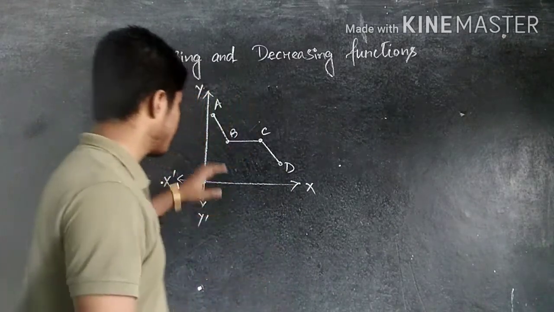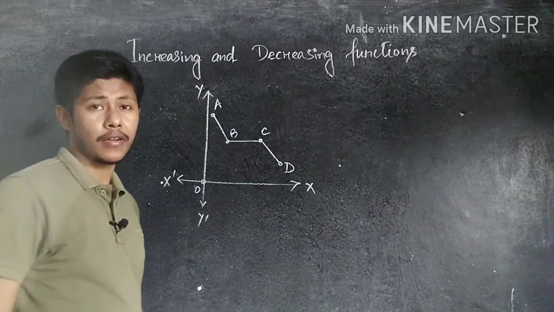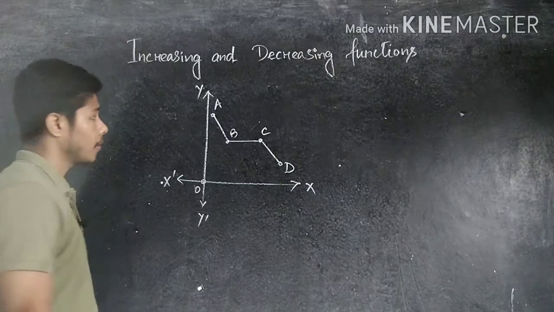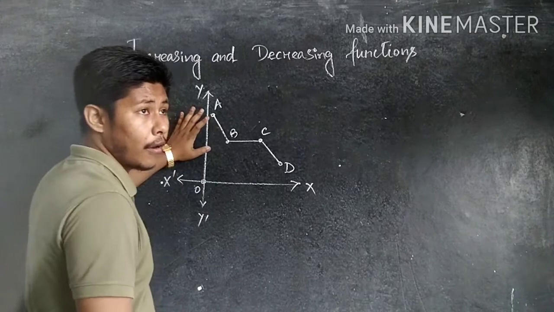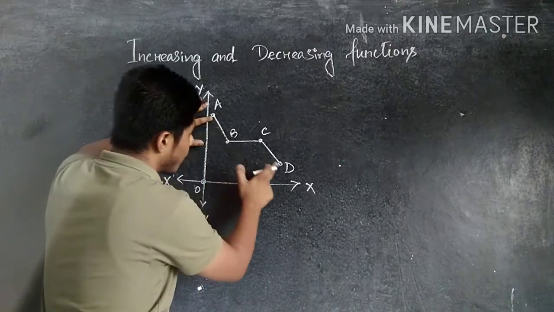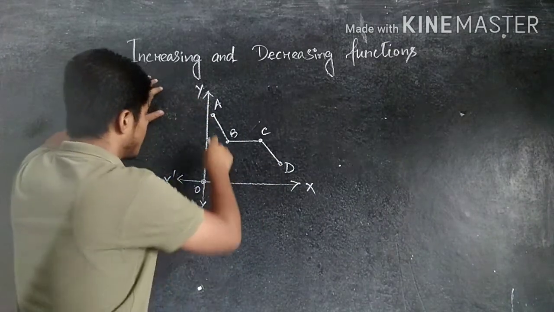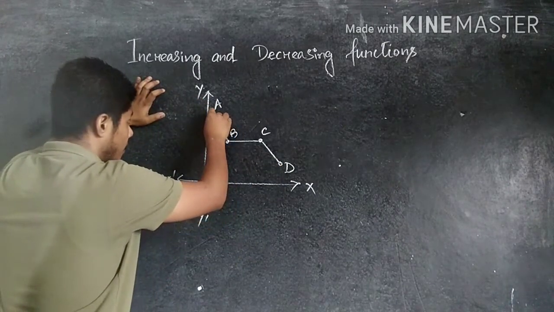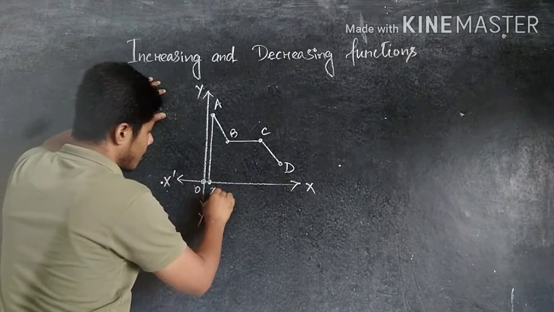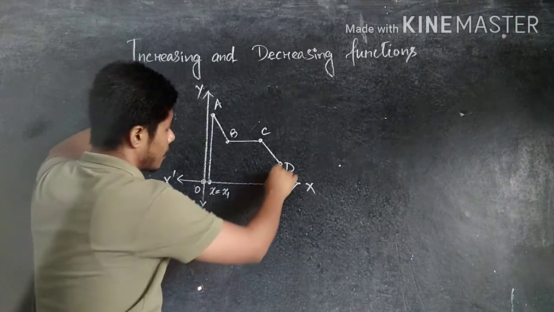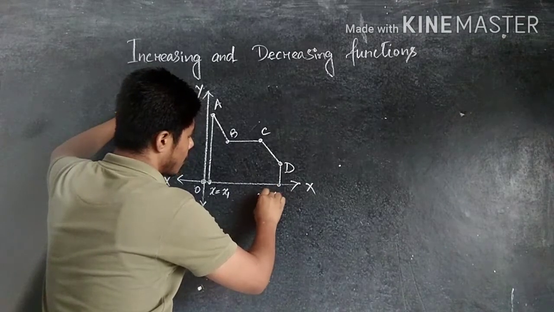Clear? Now in this case you see here, in this graph, already we discussed this graph, this one is what? Decreasing function. Why it is decreasing, you see here. Now, first of all, if we consider only two points, and compare them, so in this case you see what we get here. If you draw the perpendicular here, and if we consider this one is x1, coordinate is x1, and another one is, if you consider here, this one is x2. So x equal to x2.